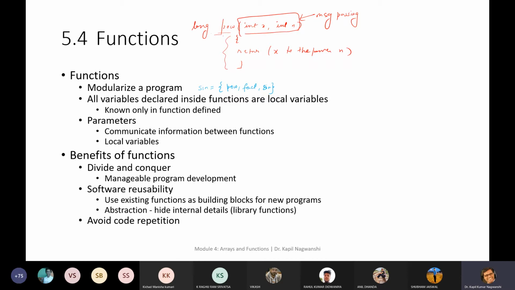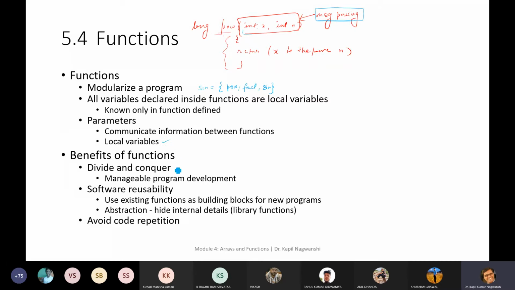Parameters communicate information between functions. These parameters are also sometimes termed message passing parameters, and they communicate the information between functions, and it is also a local variable.